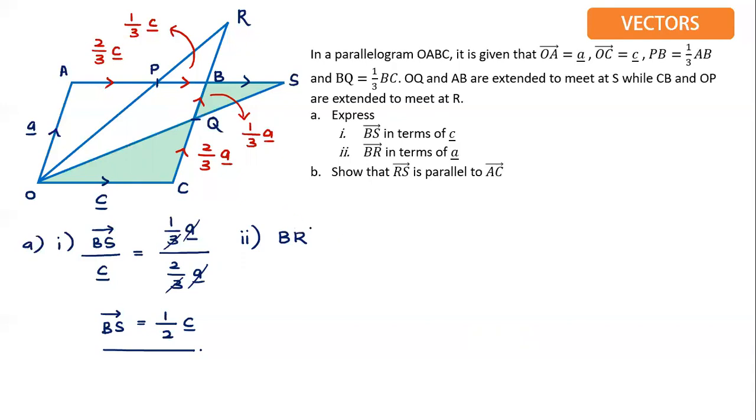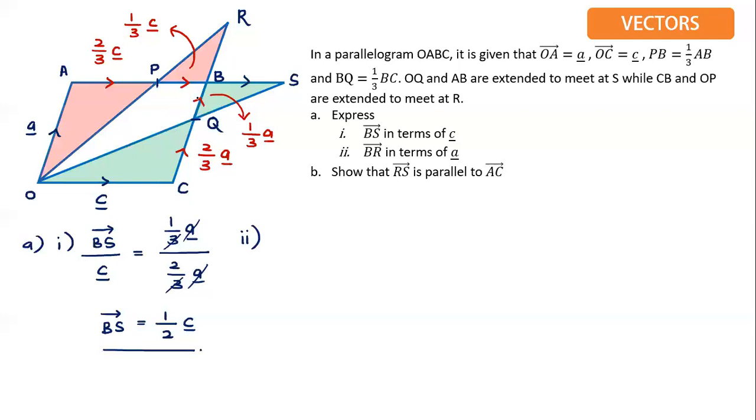Okay, sorry. First, I need to tell you which triangles are similar. This one and this one are similar. This one and this one are similar. Maybe you can ask me, sir, how do you know it's similar? Because this one is parallel to this one, and this one and this one are parallel. So the rest are going to be similar. You check one by one, you can understand already.